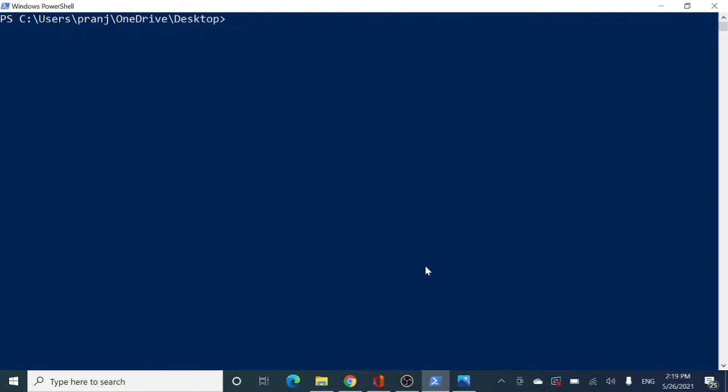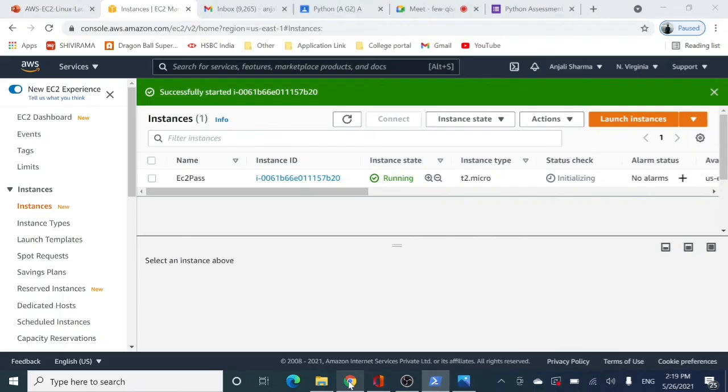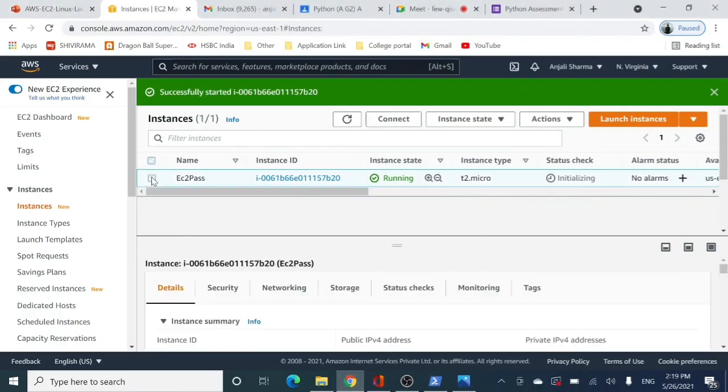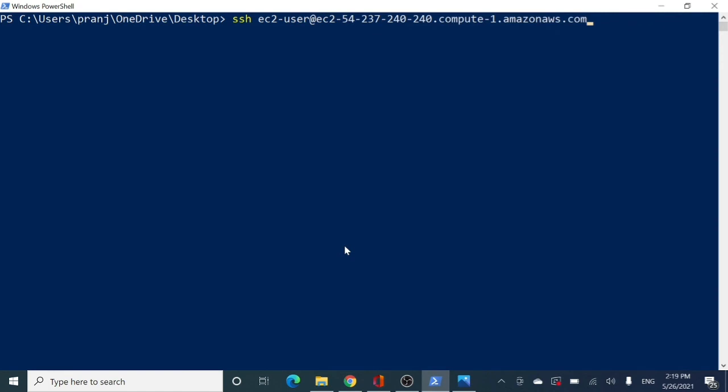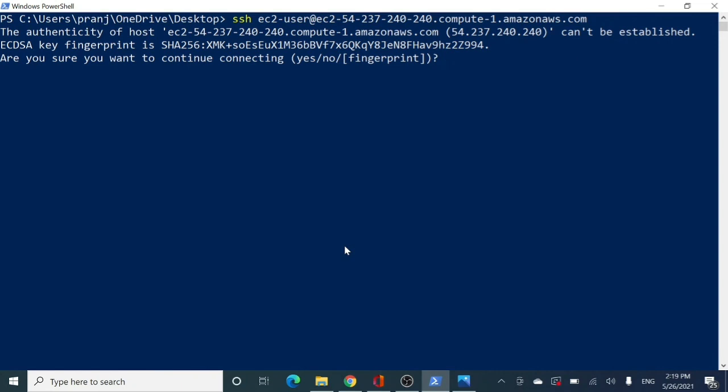Now I want to SSH into my EC2 instance, but this time I won't be using my key pair, right? So I will be SSHing into my EC2 instance without my key pair. The command this time will be ssh ec2-user@, directly mentioning the name of my machine with its DNS. So again, go to your dashboard, click on your instance, go to connect, and just copy your public DNS from here, right? And like this, and enter. Remember, this time I haven't used the -i flag along with the key name.